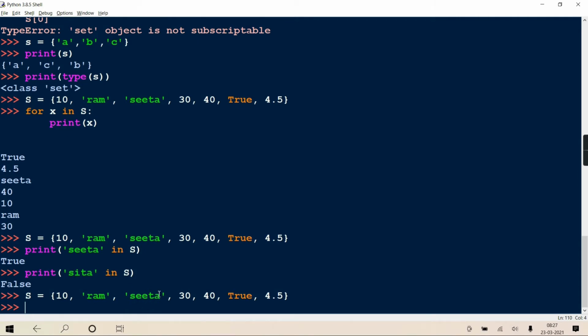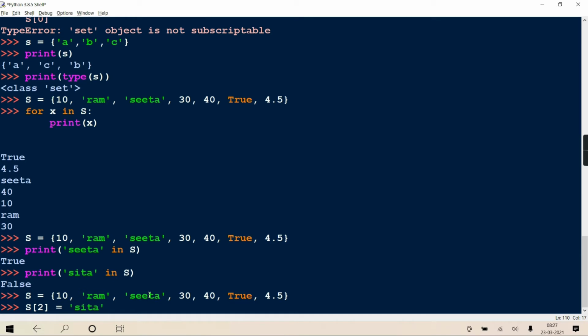So if I try to do like this, s of 2 equal to SITA, assuming at 0th index Sita is there, so in place of that Sita, this SITA is to be replaced. It won't work because you already know which operation is not supported. Subscript.